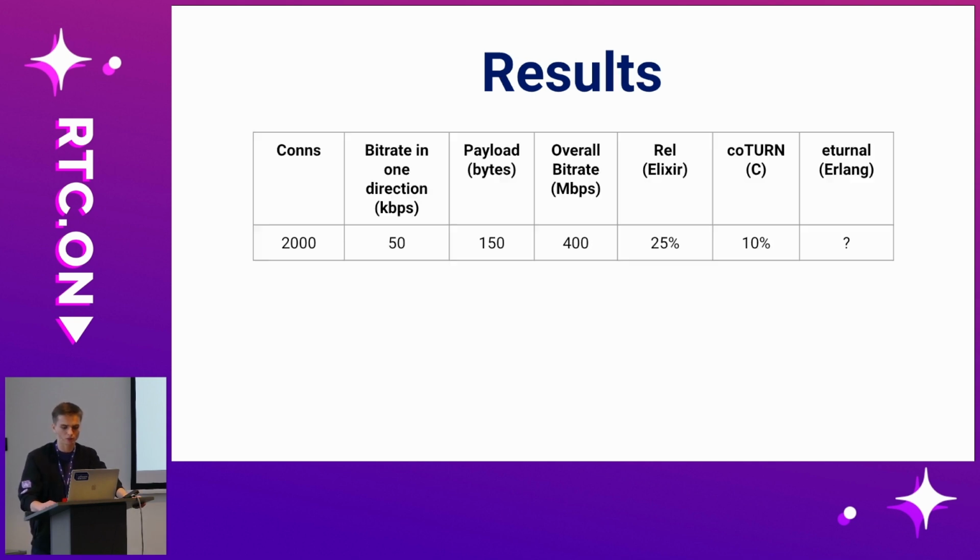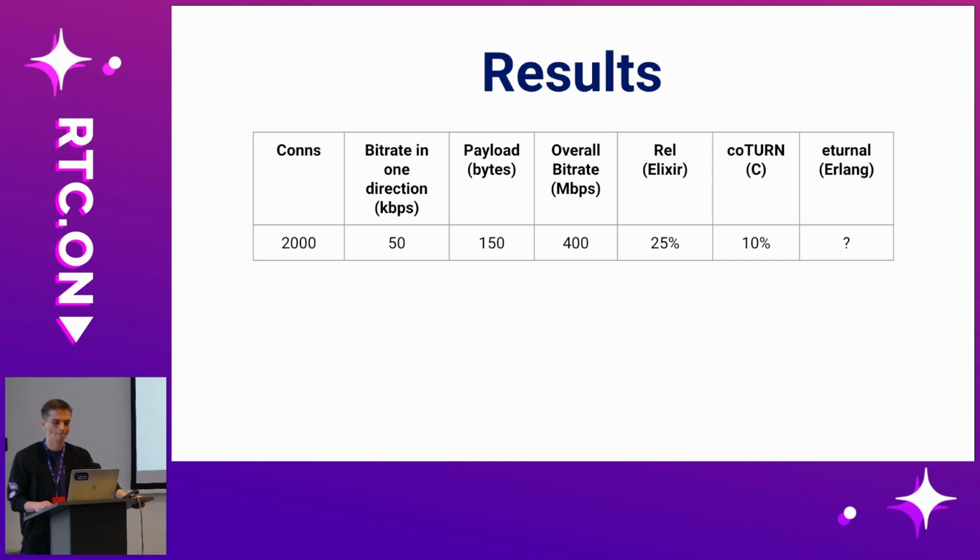And the results. So we picked, of course, our own Rel TURN server written in Elixir, coTURN, the most popular one currently available on the market, which is written in C, and a TURN server written in Erlang. We started with a phone call-like scenario. So we send 50 kilobits of data per second in one direction. We have 2,000 connections. Datagram payload size is 150 bytes, and the overall bitrate is about 400 megabits per second. The overall bitrate is a sum of total incoming and total outgoing bitrate on our TURN